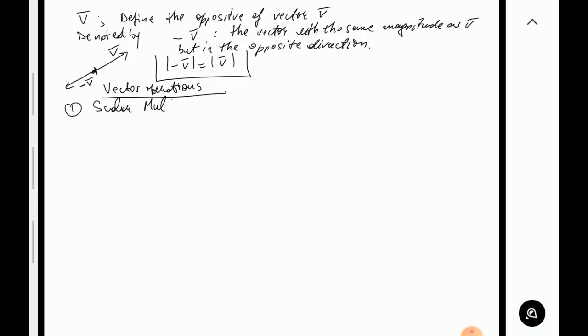So the scalar multiplication, as the name implies, is an operation defined between a scalar. So suppose c is a real number, again also known as a scalar, and v is a vector. Then c times v, sometimes I put a dot here, but I'm going to try not to